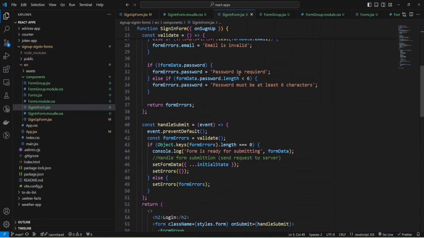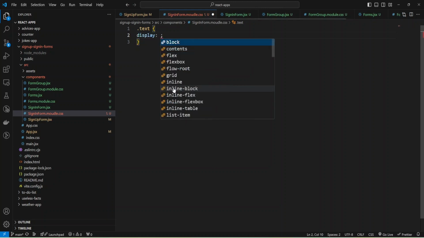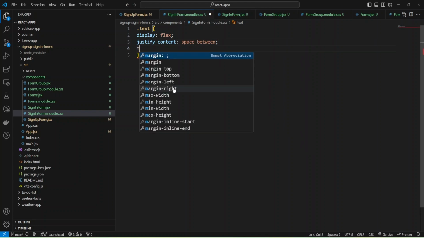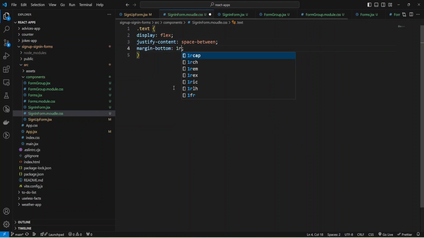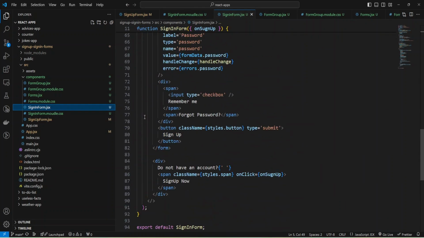And now I can add some class name, something like text, and provide my styles for that. And it will be class. I want to make it display flex and make justify content space between and add some margin bottom 1 rem. And now I can provide my styles for my div, and the styles will be